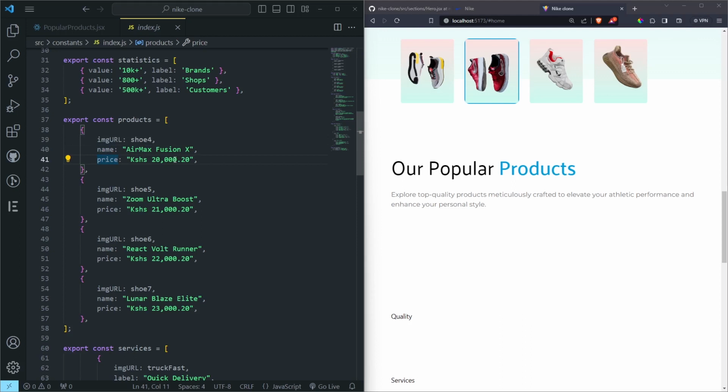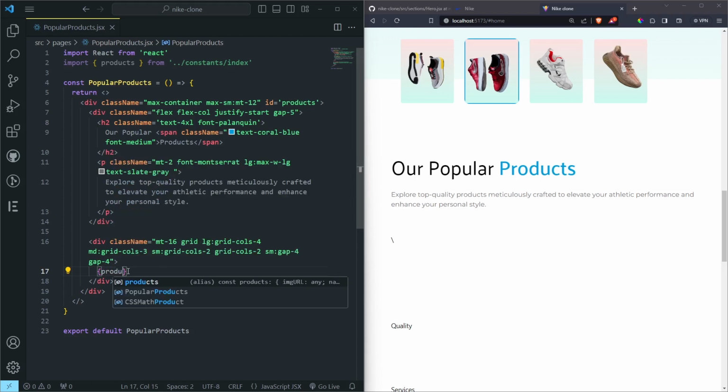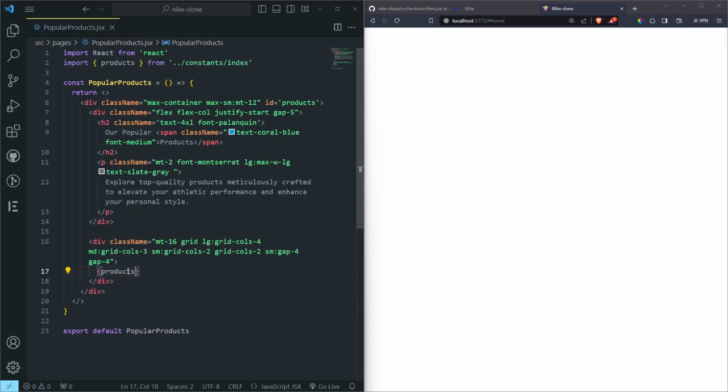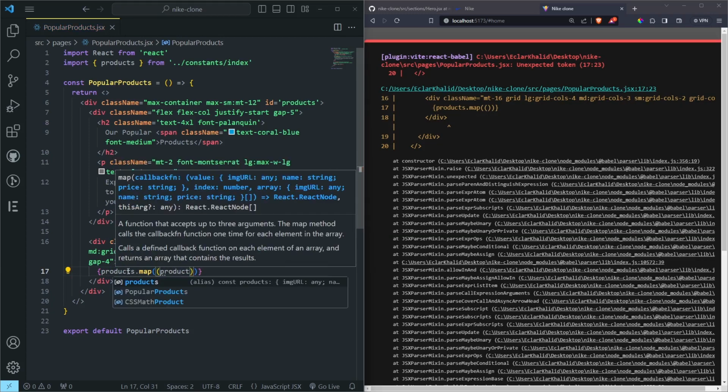I'm from Kenya, so that's why the prices are in shillings, but you can use your own currency, you can use USD, so there's no problem. So inside here I want to map these products, and then you're going to map a product. So it's going to be product, then